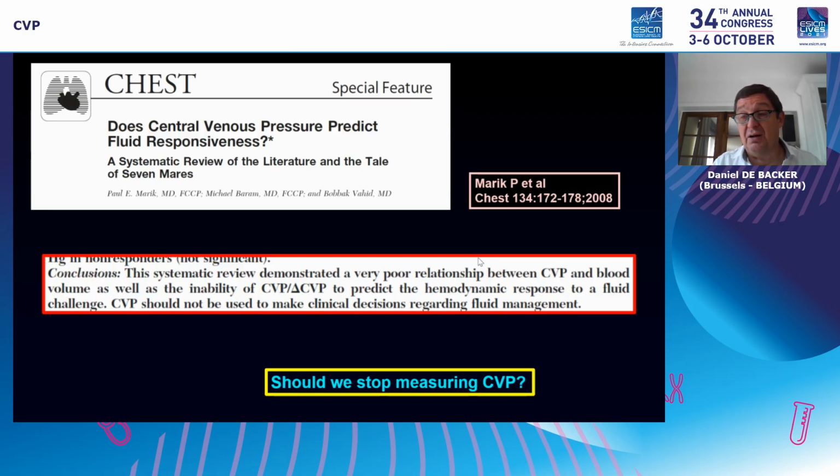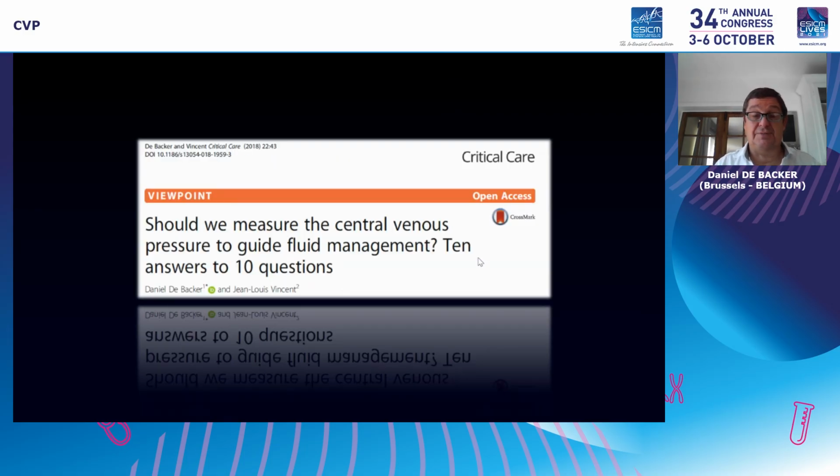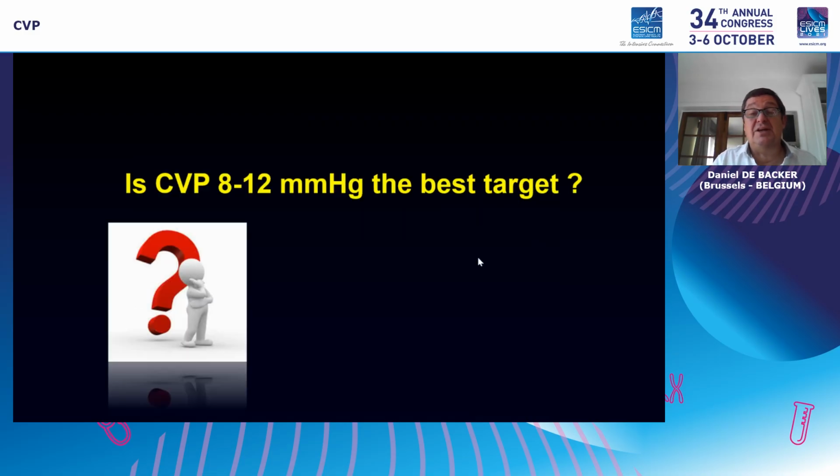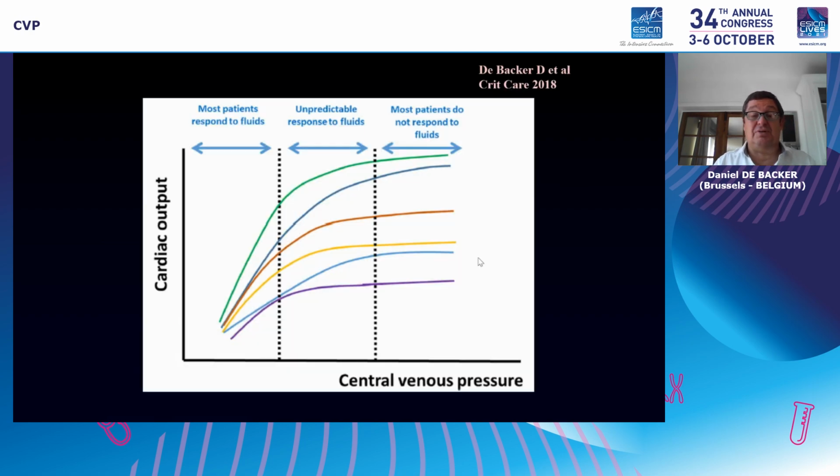This is totally false. We can use it for this. And this is what we developed in that paper, because indeed we can use it. Is CVP 8 to 12 the best target? Yes and no. Well, of course, obviously, what we can say is that when we look at the response of